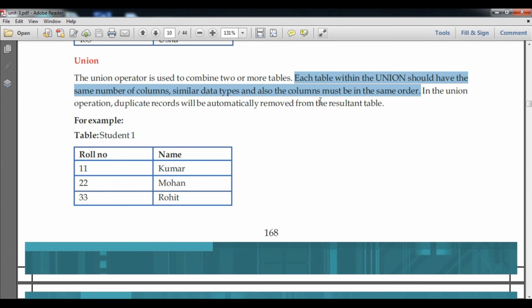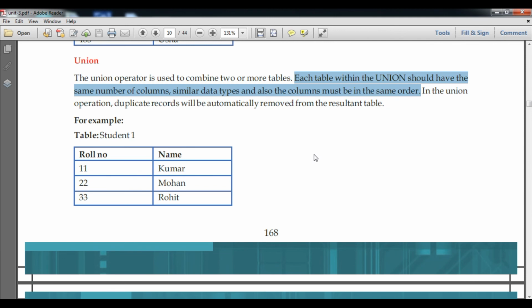Each table within a union should have the same number of columns. This is a condition or rule: if two tables are combined, both need to have the same number of columns, similar data types, and the columns must be in the same order. You can underline this. This is the restriction for union. In a union operation, duplicate records are automatically removed from the resultant table.